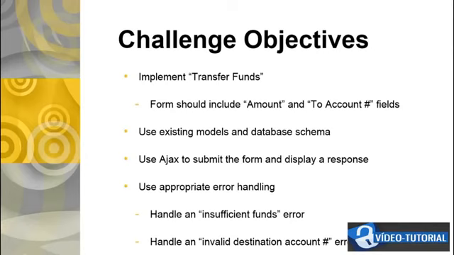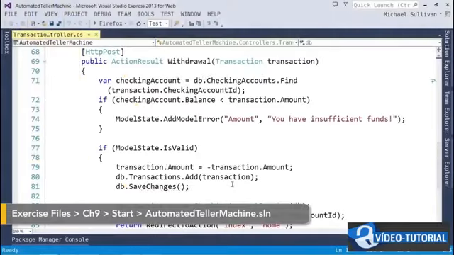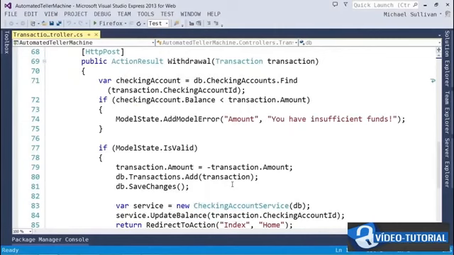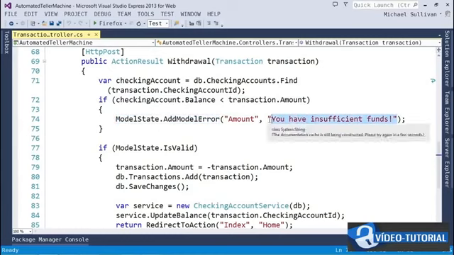So before you get started, let me show you one simple technique to manually add errors to the model when we check the balance and the destination account number. In the transaction controller, I've added an action to handle a withdrawal form submission. Inside this method, I'm checking the account balance here to see if there are enough available funds. If there aren't, all I have to do is call modelState.AddModelError. And here, I'm associating the error message with the amount property. And if that error is added, modelState.IsValid will be false, and we'll be returning the view so we can display